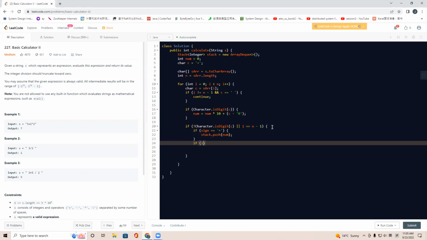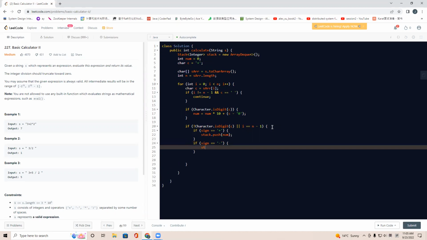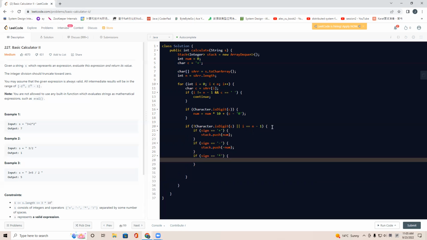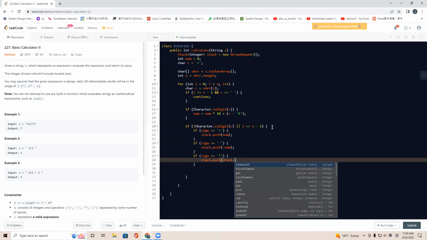If sign equals minus, push the negative number. And if sign equals multiply, we need to push stack pop